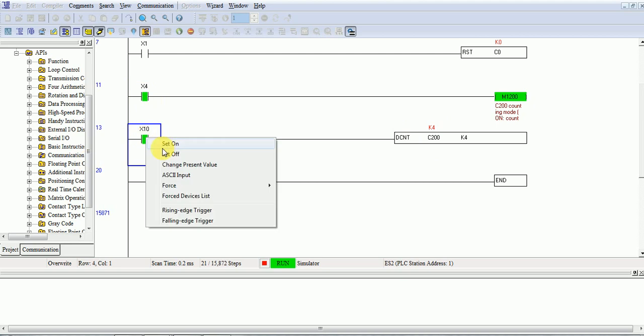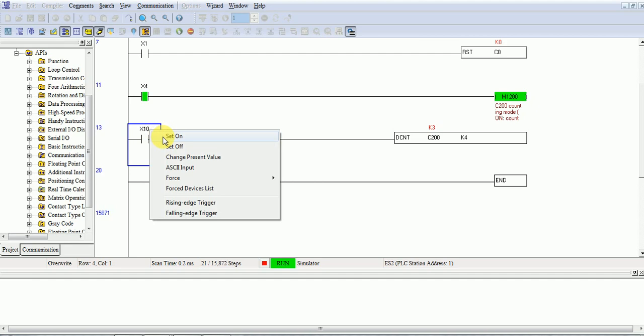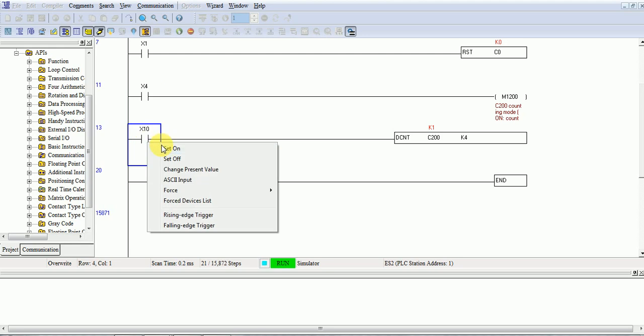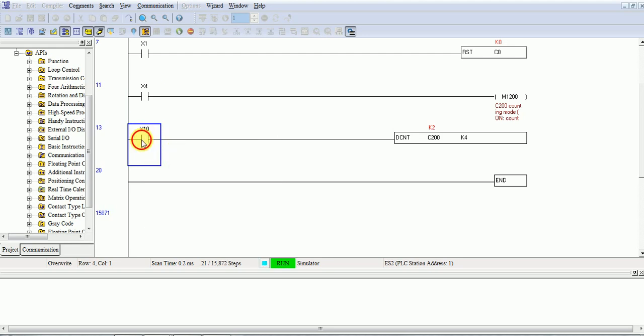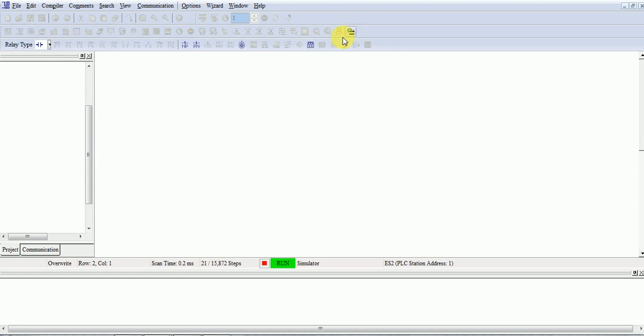You can see it moving downward, 3 to 2, 2 to 1. This is our counter down, and when I set it off again, you can see it behave like a counter up.